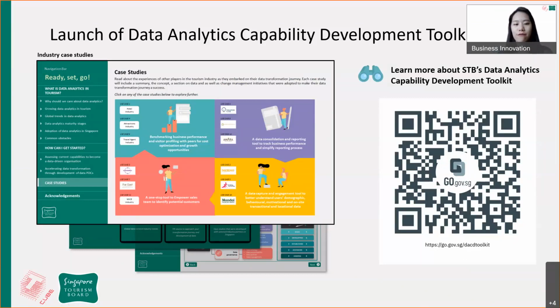Right now, I just wanted to give you a real-life view of this toolkit. If you want to download it, you can scan the QR code that we have put on the screen. Otherwise, you can access this toolkit via our data college. On our data college, we have a lot of resources on our data transformation journey, including a data governance and management playbook where you can access STB's tourism data reference model as well. Okay, I'll just do a quick share of